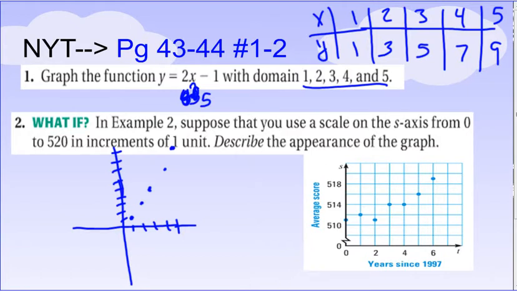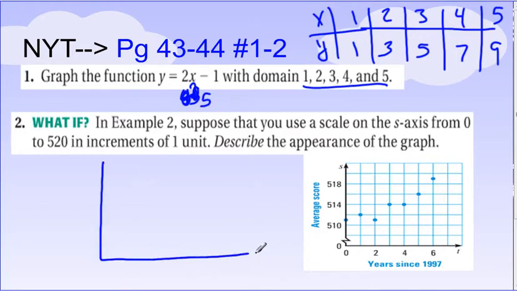Well, if you would imagine doing that, I'm going to erase this here. If you'd imagine doing that, you'd get a graph that looks like this. So you got your 0, 2, 4, 6. Now imagine you go from 0, 1, 2, 3, 4, 5, 6, 7, 8, 9, 10, the whole way up to 520, counting by ones. That would mean the graph is basically going to look like this. If you're plotting these points here, you're going to see